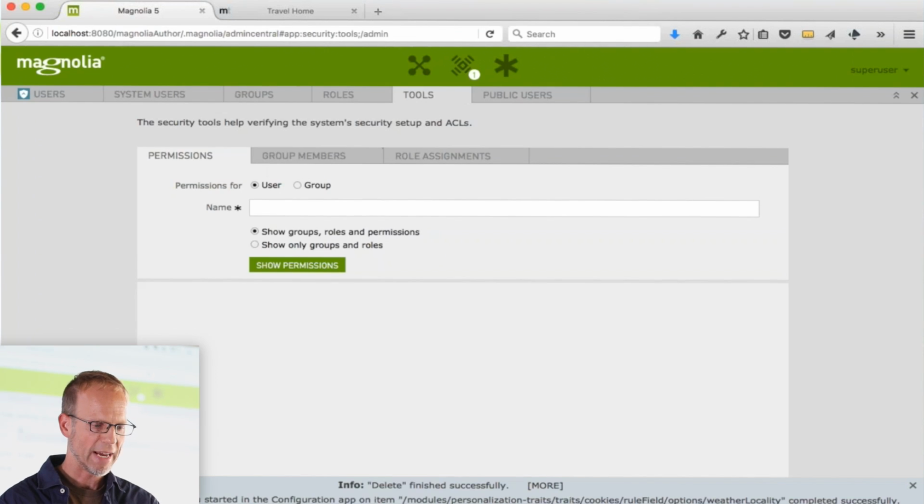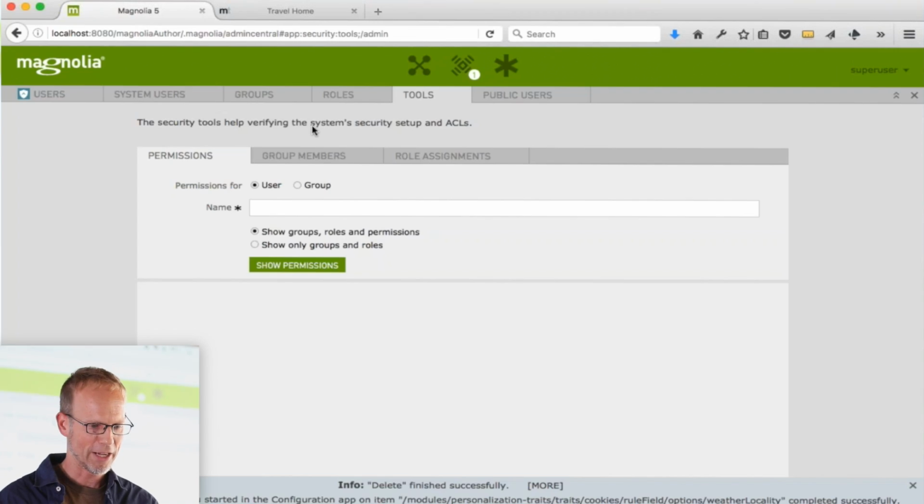But there is some advanced functionality now. With Magnolia, you have a powerful permission system. You have users, groups, and roles. And groups can also contain other groups. And so administrators have sometimes been challenged to understand how all the permissions have, or which users or groups belong to a certain group. So just to demonstrate this,